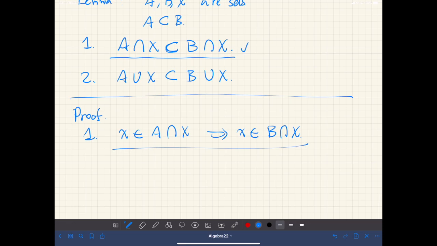So let's assume x is an element of A cap X. Then